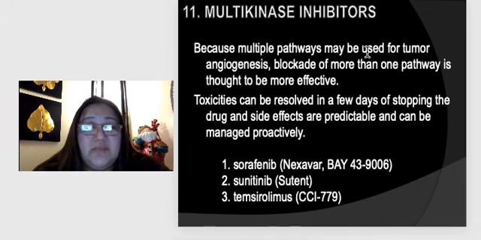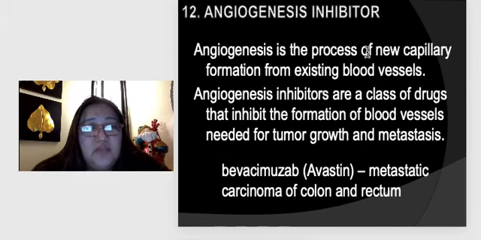At walang nakalagay dyan na specific cancer because effective siya for many cancers because of being a multi-pathway process for tumor angiogenesis. Now, angiogenesis inhibitor, from the name of the drug itself, inhibits angiogenesis or formation or pag-generate ng new cancer cells. So, new capillary formation, new blood vessel, so may panibagong magsusupply ng blood doon sa cancer cell. Therefore, if you inhibit angiogenesis, nai-inhibit yung formation ng blood vessel na kailangan ng cancer cell para mag-grow, mag-metastasize, mag-proliferate,